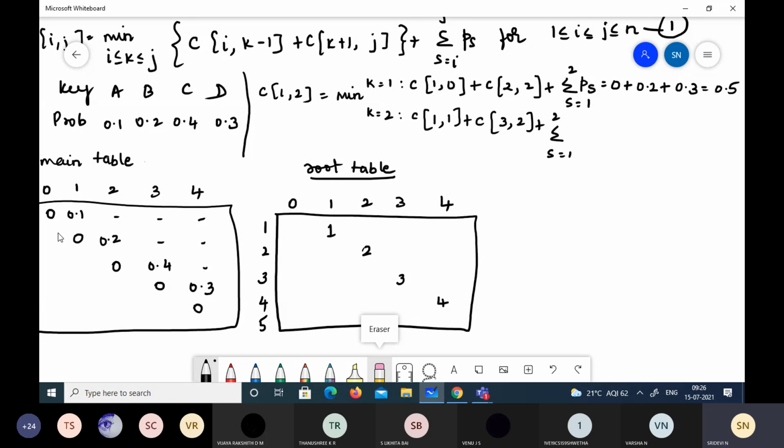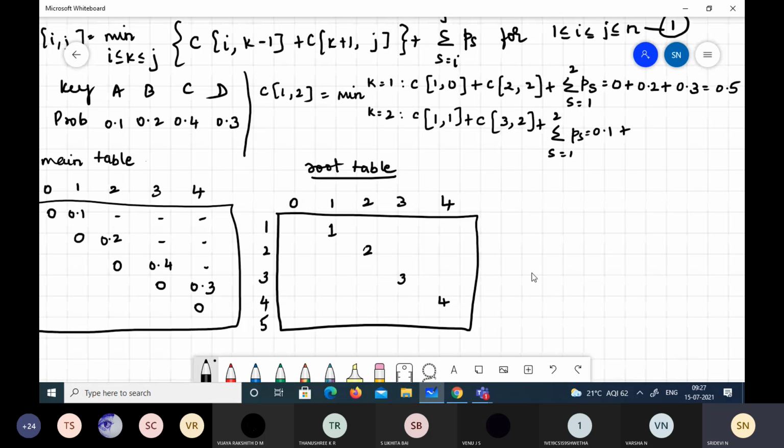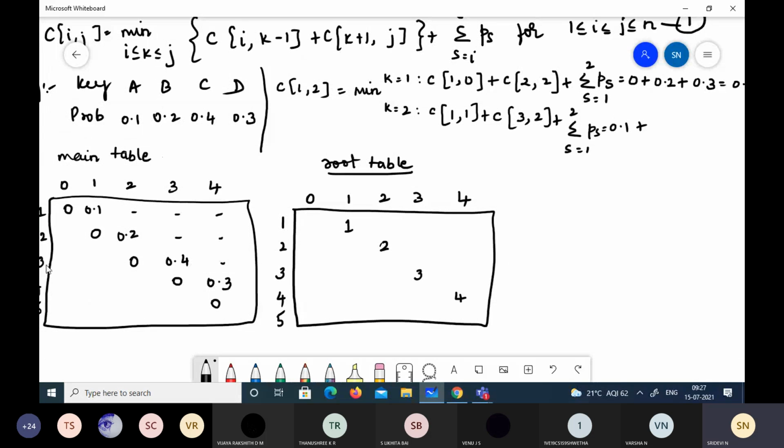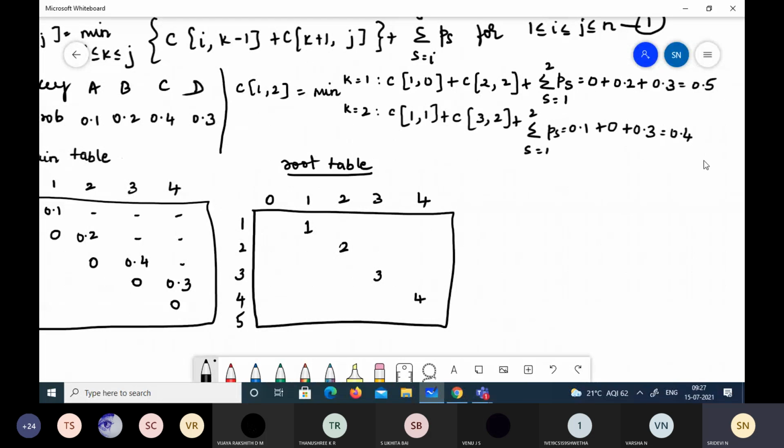C of 1 comma 1 is 0.1, plus C of 3 comma 2. See here, the value of 3 comma 2 is 0. Plus the probability of 1 and 2, which we have already calculated, so we can take the same. What is this value? 0.4. So for C of 1 comma 2, we have got two values, 0.5 and 0.4.